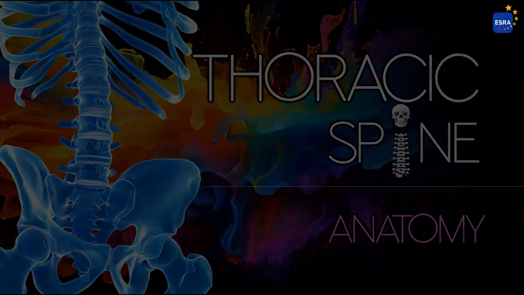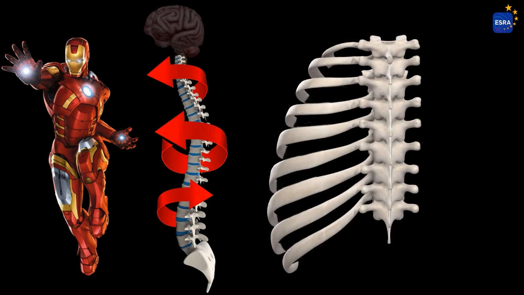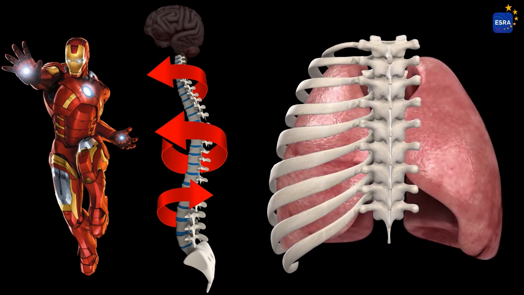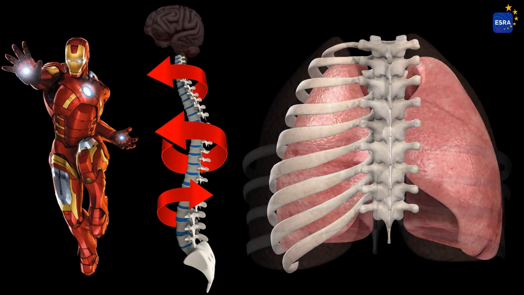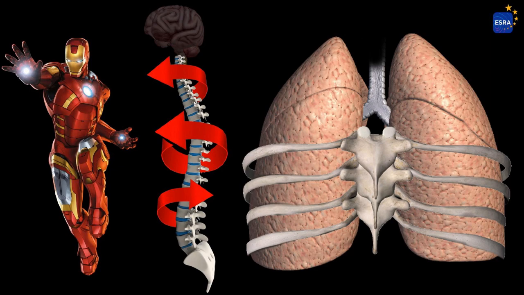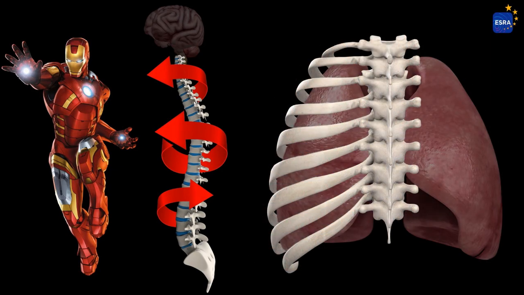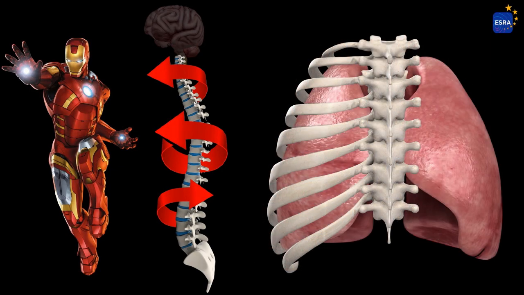The thoracic spine plays a protective role by enclosing the spinal cord and articulating with the ribs to form the thoracic cage, which safeguards vital organs such as the heart and lungs. Each thoracic vertebra connects to a rib through two joints, costovertebral and costotransverse, creating a rigid yet flexible structure. This design not only provides structural support and protection, but also allows for controlled movement during respiration as the rib cage expands and contracts. Together, the thoracic spine and rib articulations ensure stability, protection, and functional mobility.